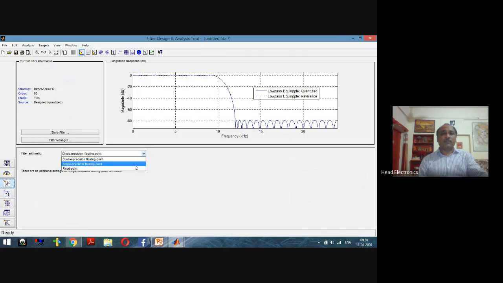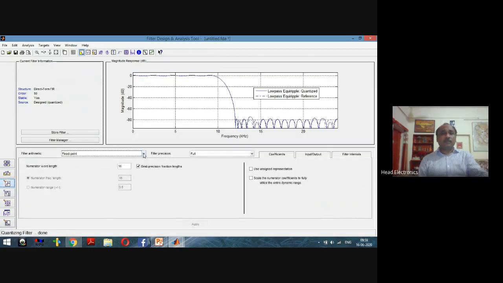And if we select the fixed point, then see some other parameters are required here for the fixed point, that is in the fixed point we have to use the Qm.n, and for the single precision we have to use the 32 bit, for the double precision we have to use the 64 bit. Here for the fixed point representation, we have to use the filter precision, whether it is the full or specify all.